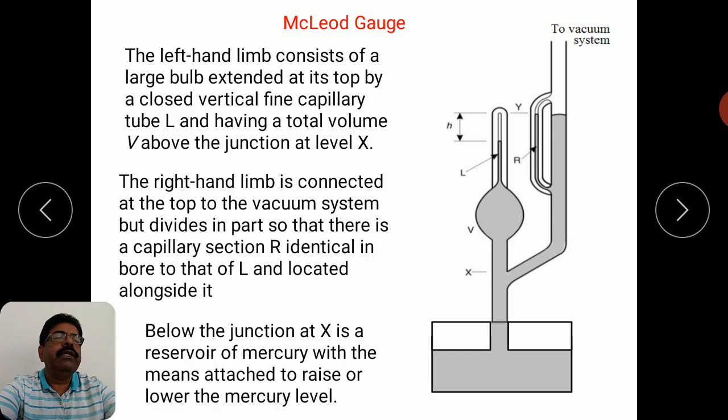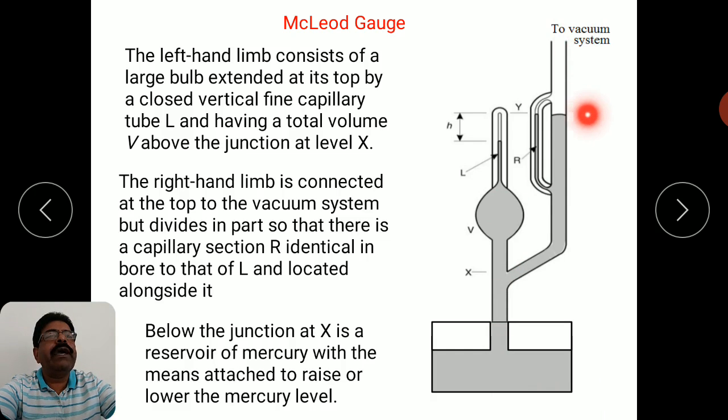There is a system, not shown in this diagram, by which you can apply pressure here, just like a manometer type of arrangement. That pressure will be known to us, and it will raise the level of the mercury. You can see this gray level. Right now it has risen to this level, but initially it has not. Initially the mercury will be inside this reservoir level. So what will be there in these two tubes?